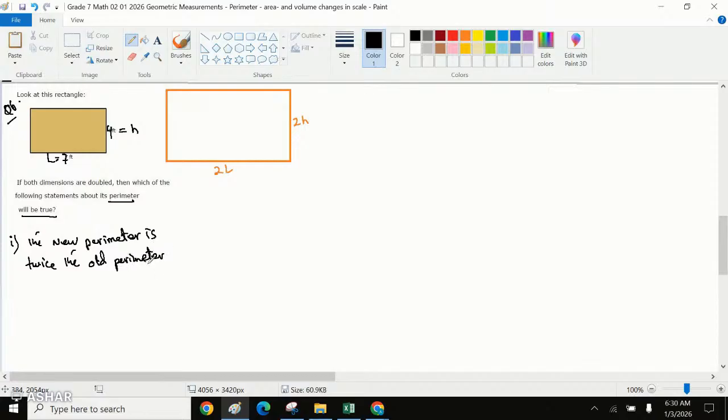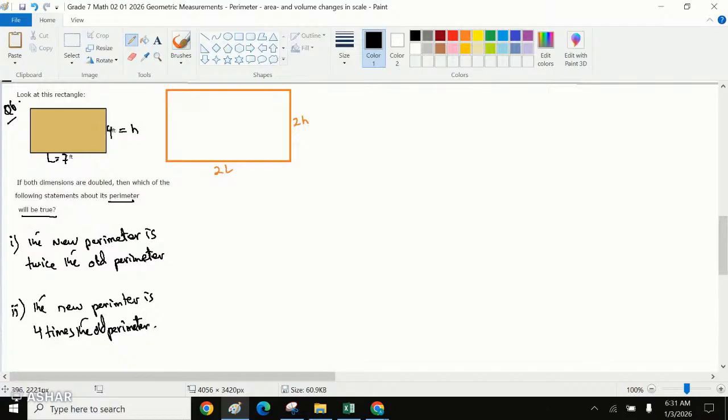What is perimeter? The perimeter is the amount of material required to make a shape, that means the outer boundary. Or the new perimeter is 4 times the old perimeter, right? Let's see